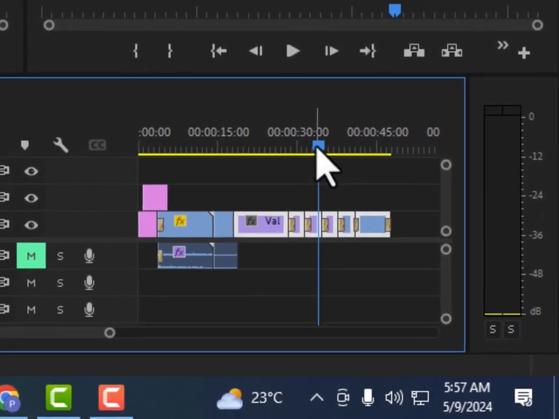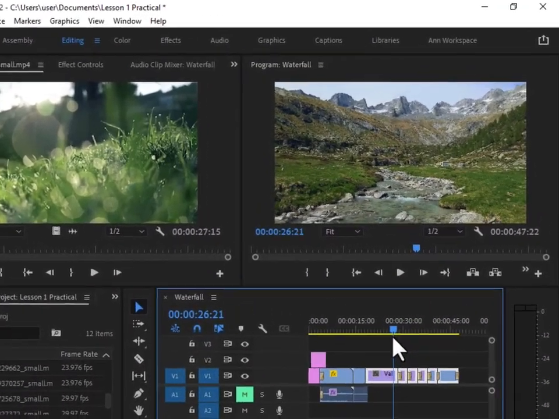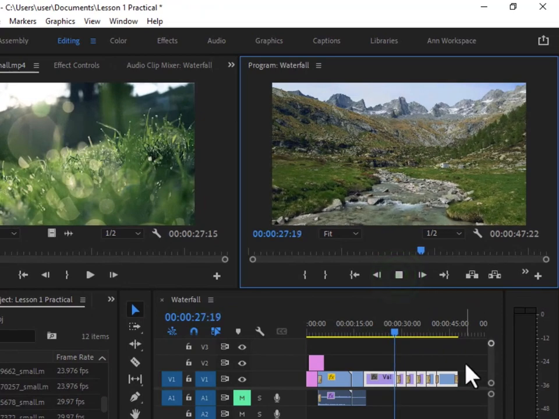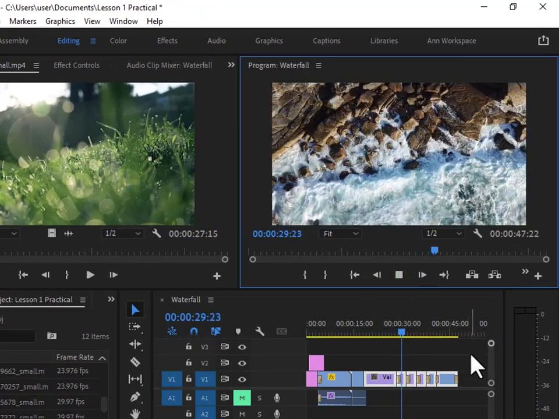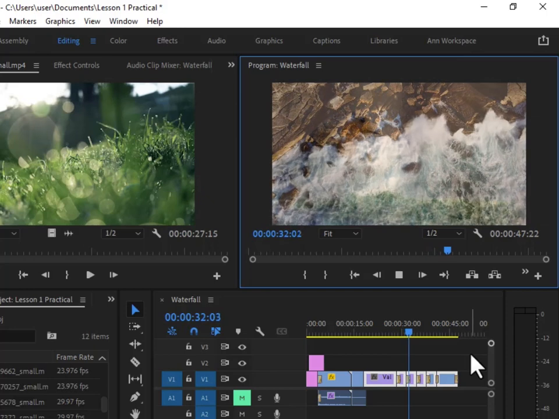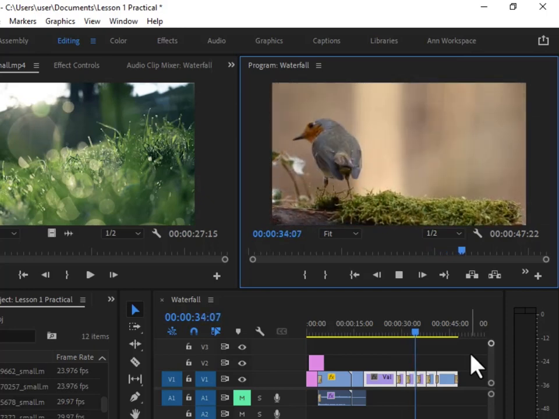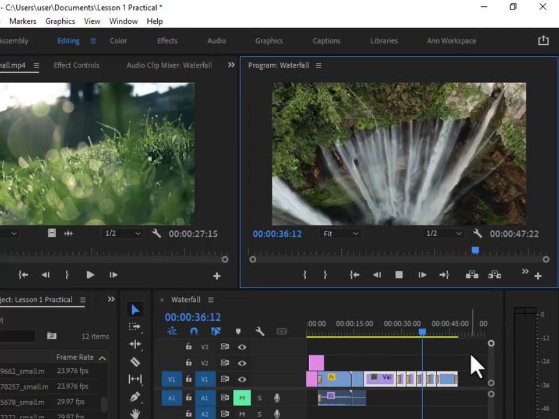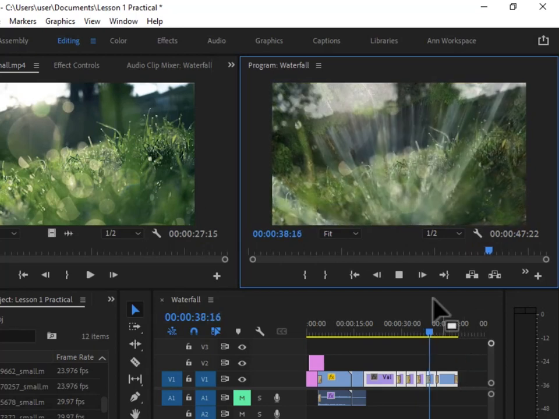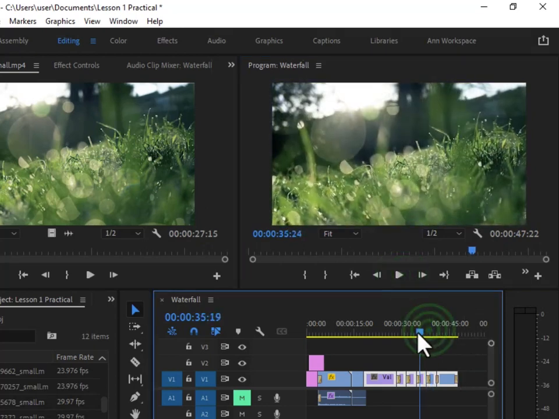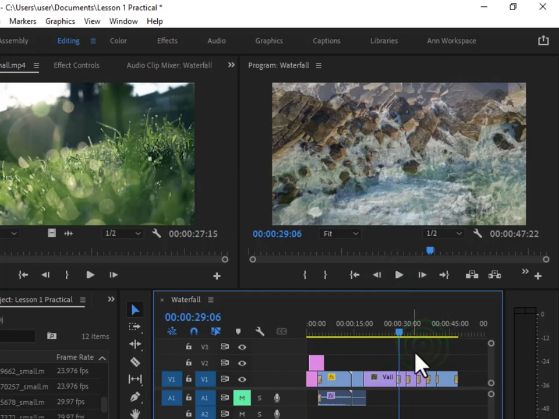So if I take this back from over here, let's just play it from over here. You can see the smooth transition that we have. It's one clip dissolving into the other, so it's actually much better than what we had before. Now that's the effect. Now another thing, now what I want to do is I'm going to add nests to